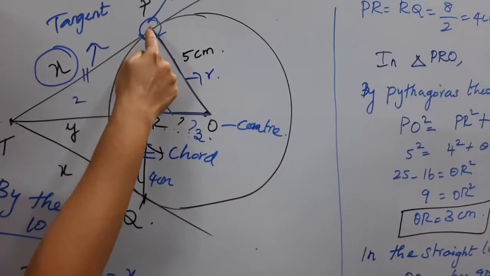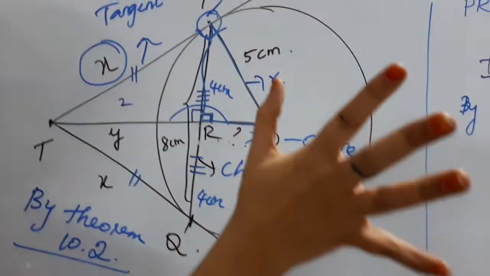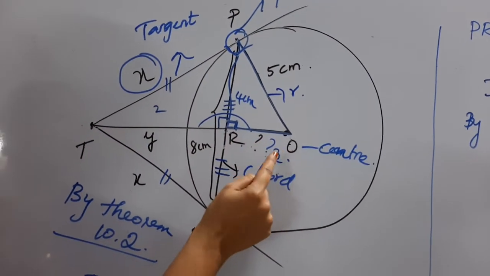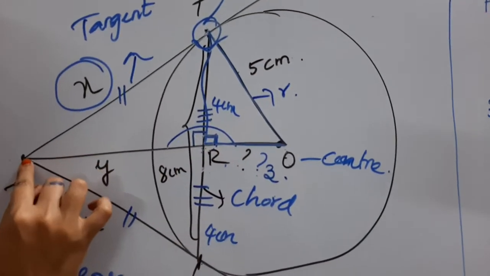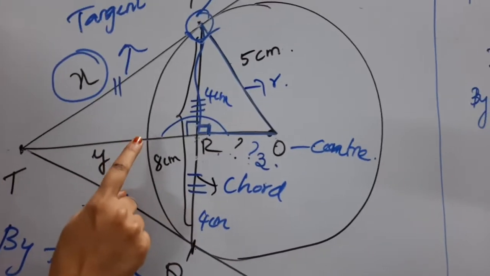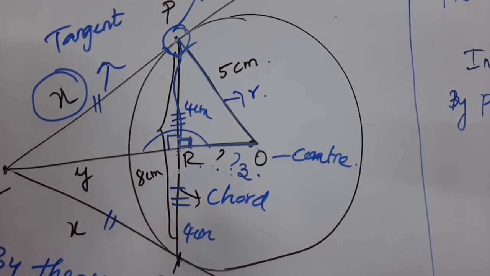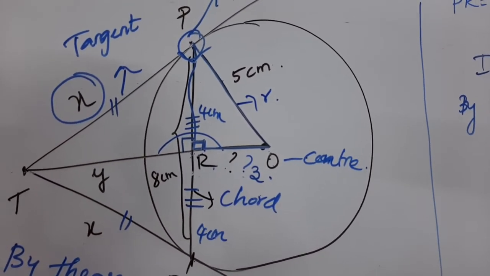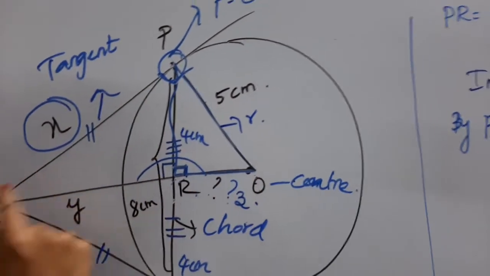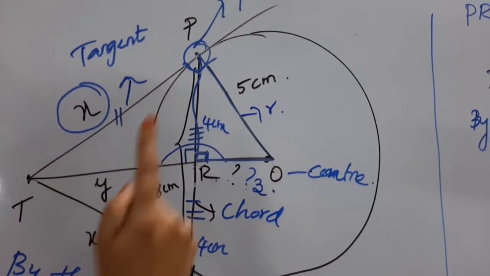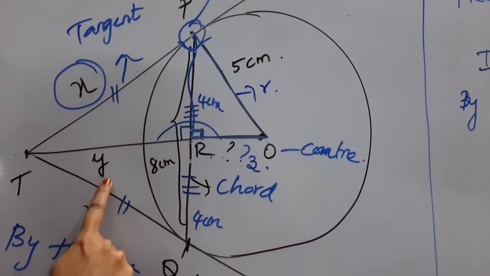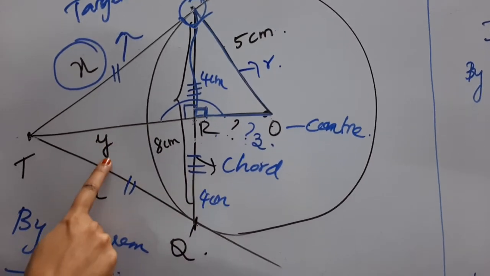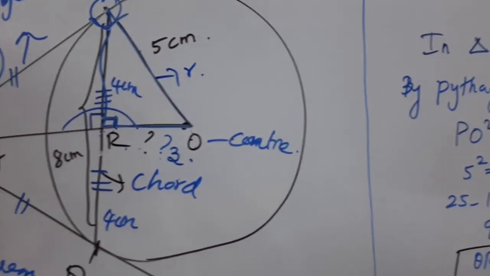First we consider the triangle PRO and apply Pythagoras theorem to find out RO as 3. Then we selected another right angle triangle PRT, right angle at R. We applied Pythagoras theorem, but we got only an equation, that is second equation, x square equal to y square plus 16. Then we consider the total triangle TPO, right angle at P, and by Pythagoras theorem we got the value of y as 16 by 3. Then substituting this value in the previous equation, we got the value of x as 20 by 3. A very important sum.